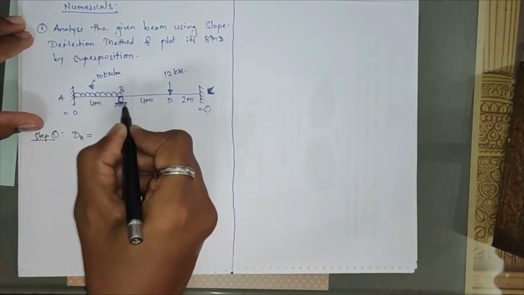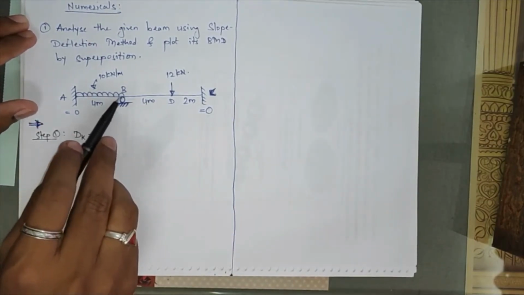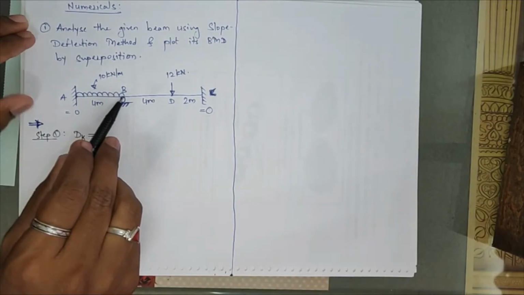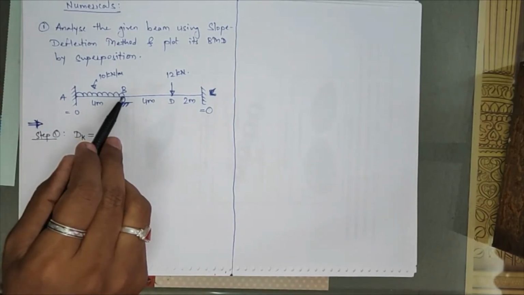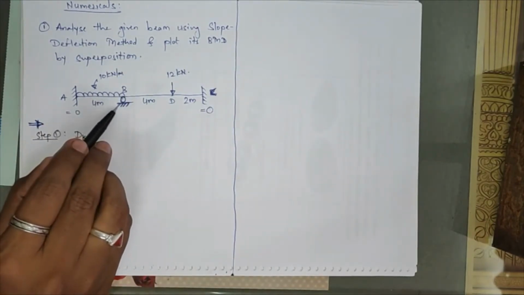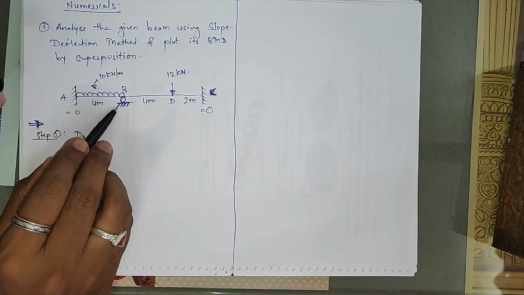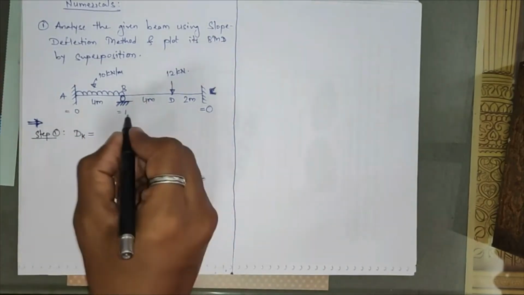joint B? At joint B, there is a roller support over there. So at a roller support, what will happen? This will be restrained for translational displacement, but it will allow rotation. Okay, so the DKI value for any simple support, whether it is a hinge support or a roller support, will always be equal to 1, and which is that one value?